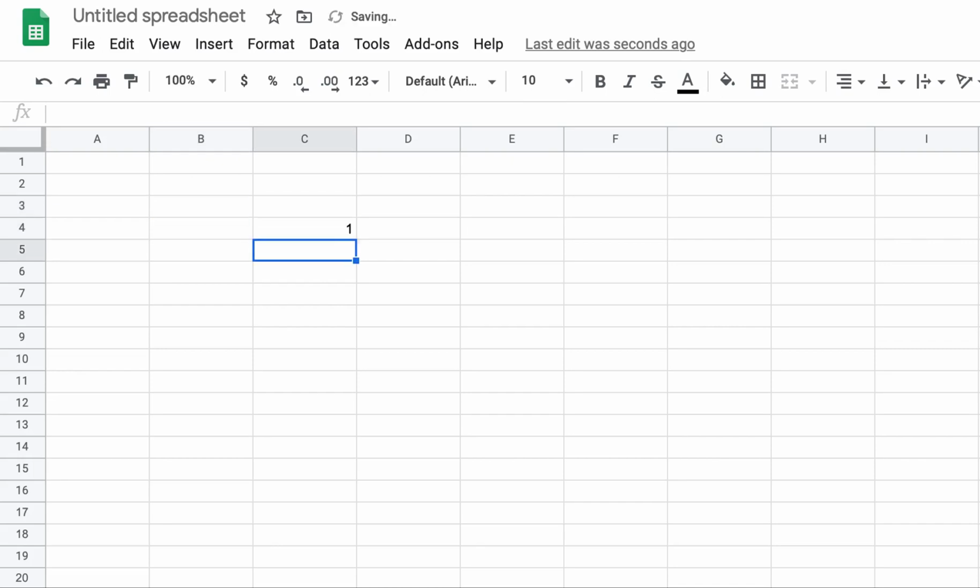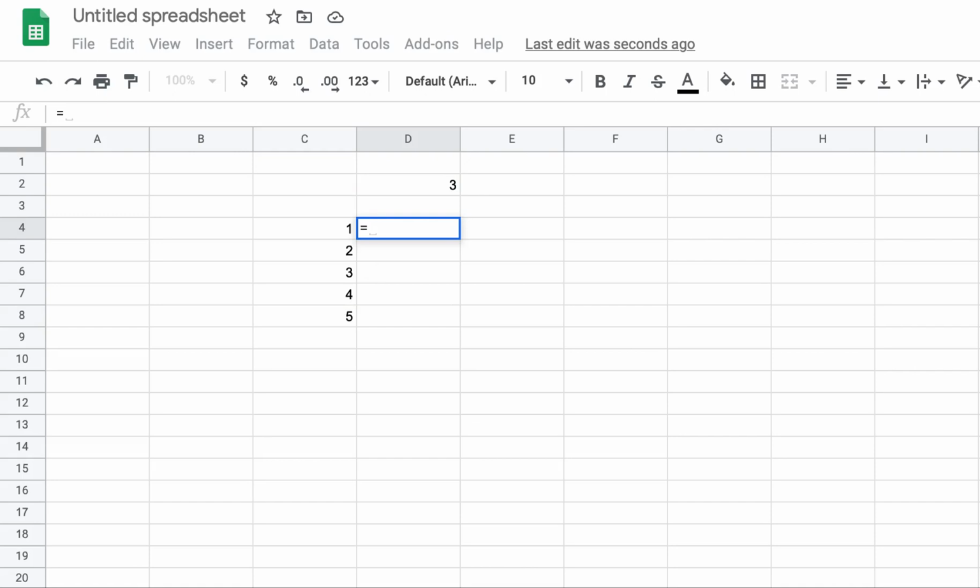Let's say that in the same table you had 1, 2, 3, 4, 5, but this time you want to keep a variable here, let's say 3, and what you want is that 1 should be multiplied by 3, answer should come here. Then 2 should also be multiplied by 3, answer should come here. 3 should again be multiplied by 3, answer should come here. 4 multiplied by 3, 5 multiplied by 3. Now you can see the problem here.